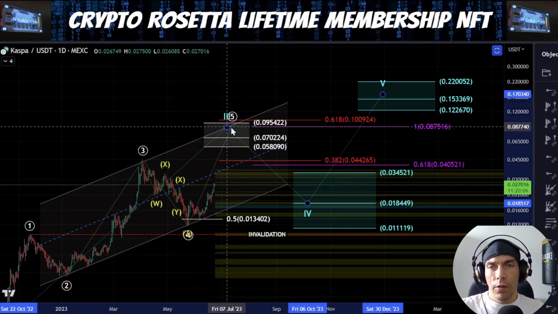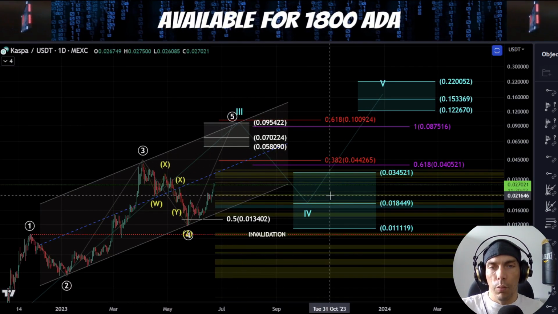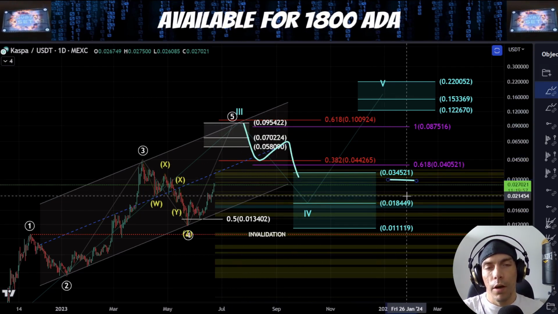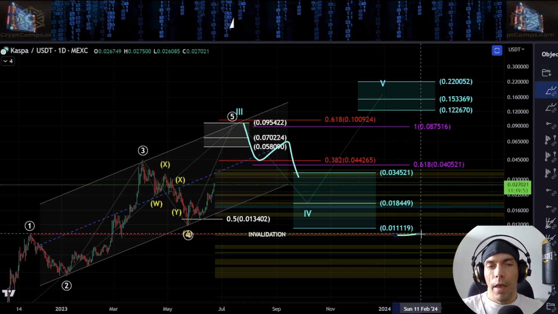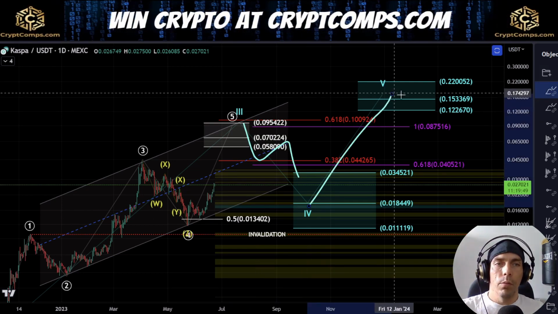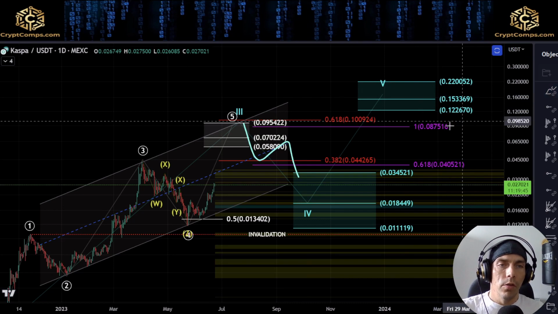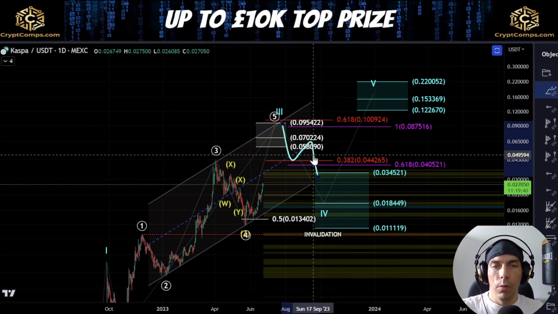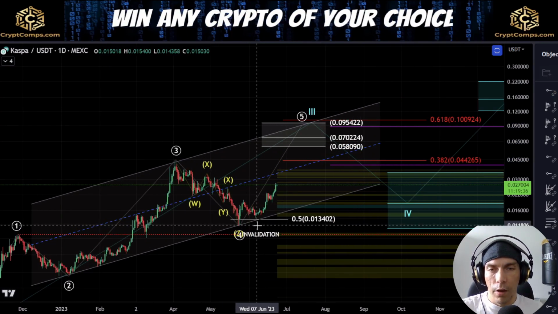If we did get this additional fifth wave up here, what we'd be looking for then would be this blue fourth wave to come back down into this target area here of this 34521 to this 111119 area. So that would be looking for this as an additional fourth and a fifth, which could mean that we actually see this push up towards this zone here of this 22 cents to this 12 cent region. So we're going to have to keep an eye on this if we do look to push up in a 5-wave move here, and we continue to hold this low, like I said, here of this